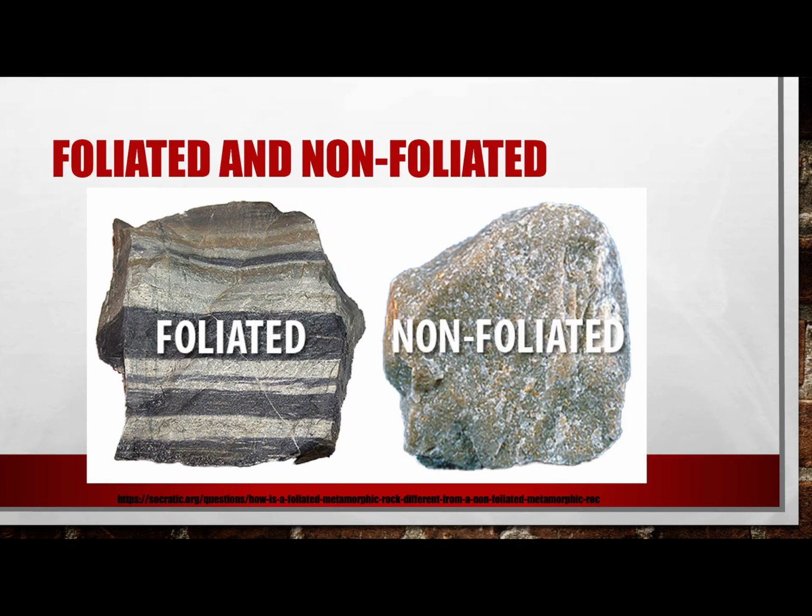So ultimately, there is the gradation you can see in metamorphic rocks. So maybe a mudstone would go to a slate, and then a little bit more heat and pressure, it gets to a schist, and then eventually to a gneiss. But ultimately, metamorphic rocks are the change of heat and pressure.